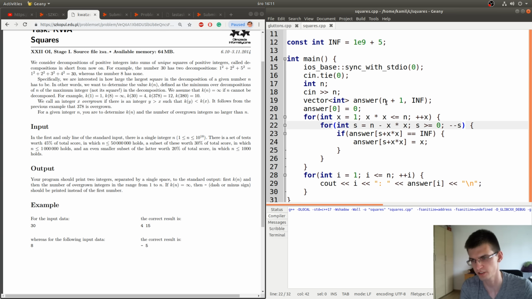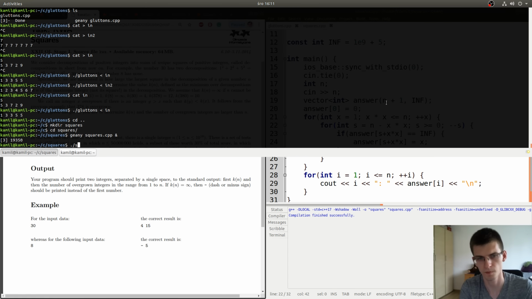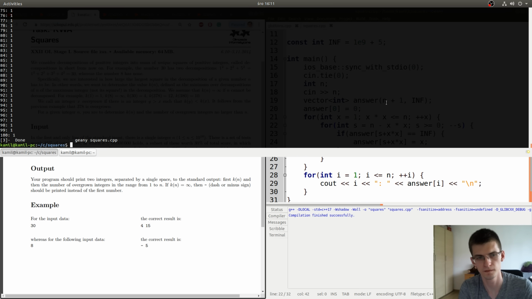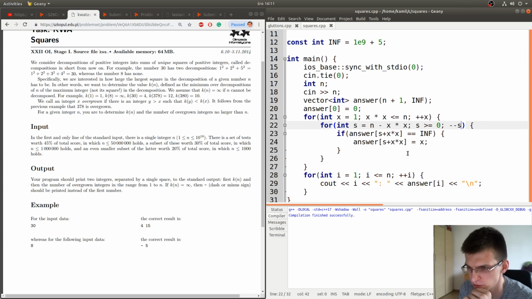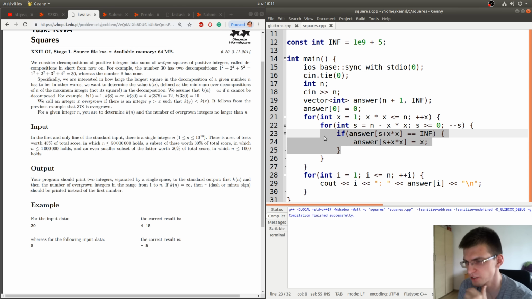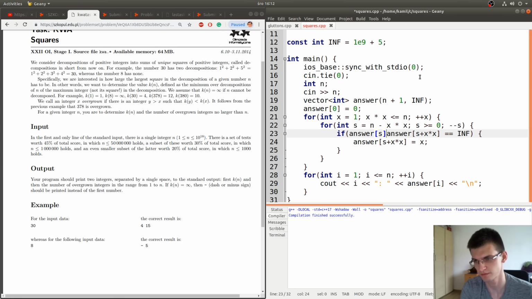So this is decreasing value of s. And it's wrong, so maybe I didn't do it correctly. Okay, why is that? Because here I don't use answer of s, so this should work.